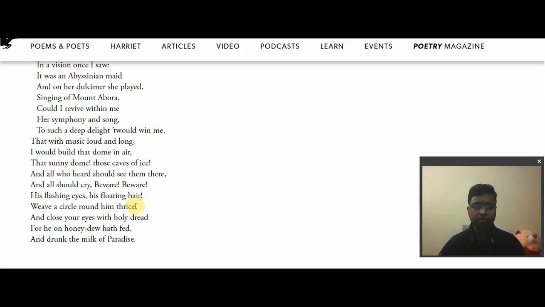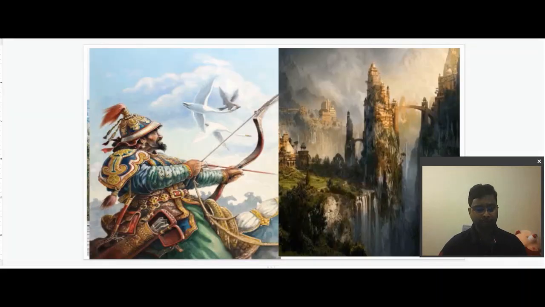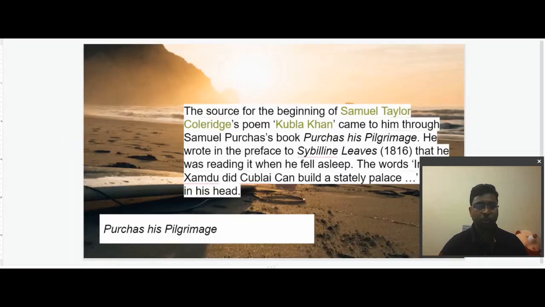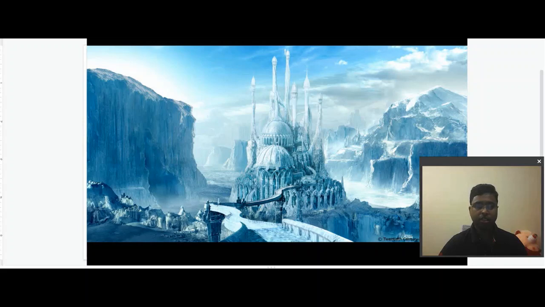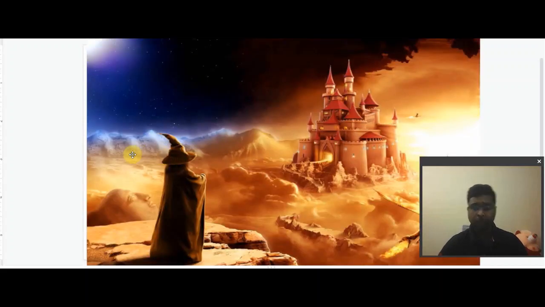So please draw a circle round him thrice, and close your eyes with holy dread, because we should also pay respect to that artist, to that magician. Close your eyes with holy dread, with holy fear. Fear not just of that magician, but of that poet also. We also have to pay him respect. So holy dread is actually a paradox. We have to be fearful of him, we have to be careful of him, we also have to be respectful to him. Since art is here described as an object of holy dread, for he on honeydew hath fed,